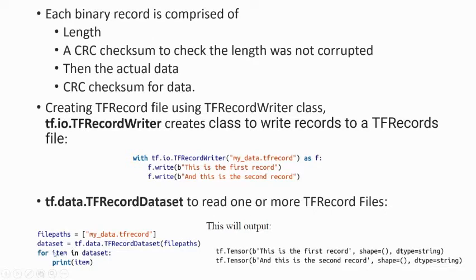Then when we read all the items in the dataset and print them, it prints the output as a tensor. That is, this is the first record and this is the second record. All are stored in the binary format, so it is prefixed with b.